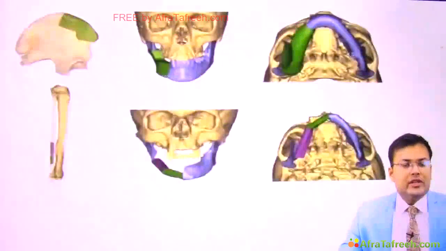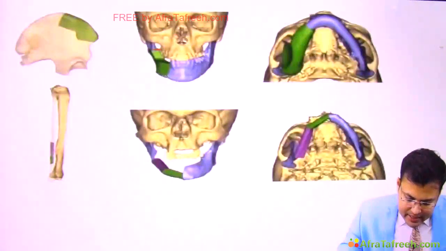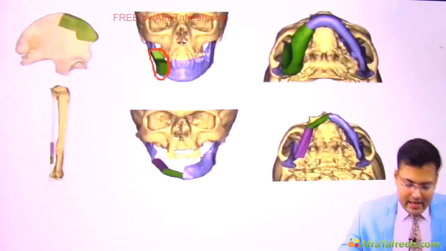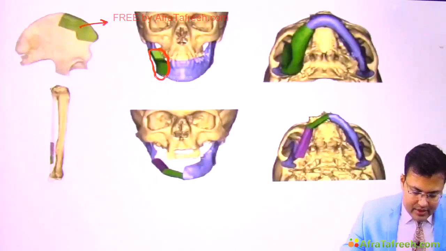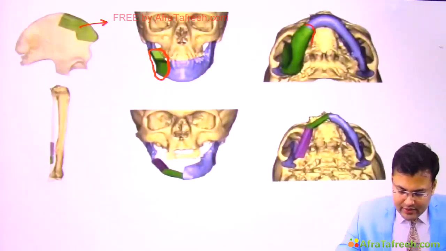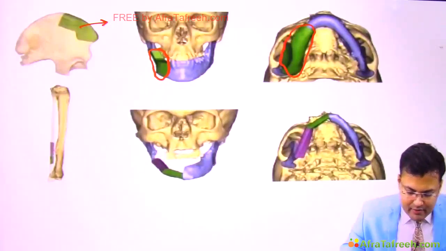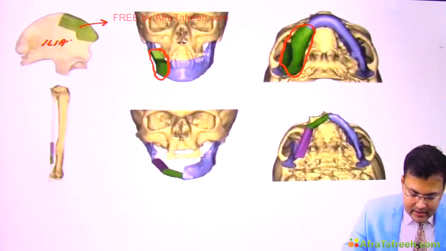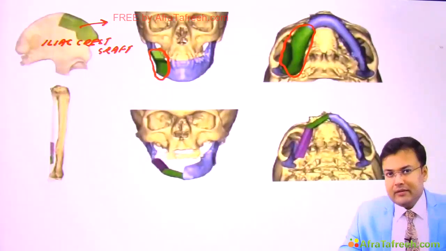Okay. So in this image you can see this part of the mandible has to be reconstructed, this green colored part, and we are taking the graft. Can you see? We are taking the graft from the iliac crest, and here you can see this kind of reconstruction has been done by this iliac crest graft. Clear? And we discussed that it is based on the deep circumflex iliac artery.